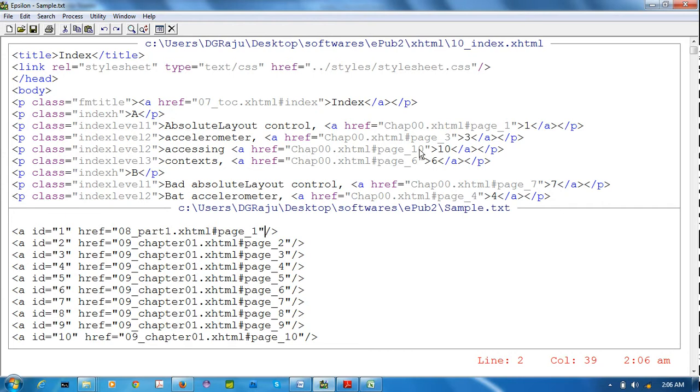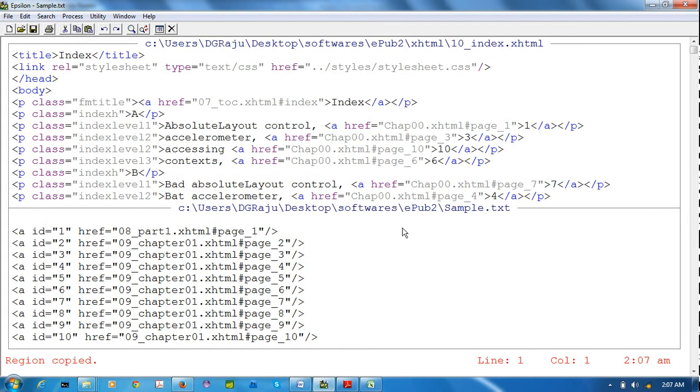I'm using control arrows. You have to use control arrow keys only. Now I'm using control left, control left, control left, so I am coming here. Next I am using control space for setting the mark. It is showing mark set. Next control right for copying that particular part or chapter file name. I'm copying it.